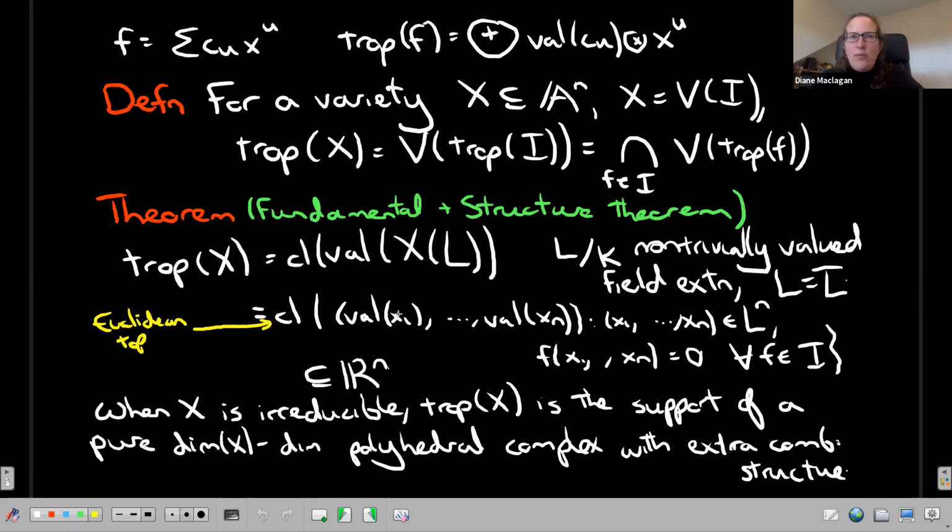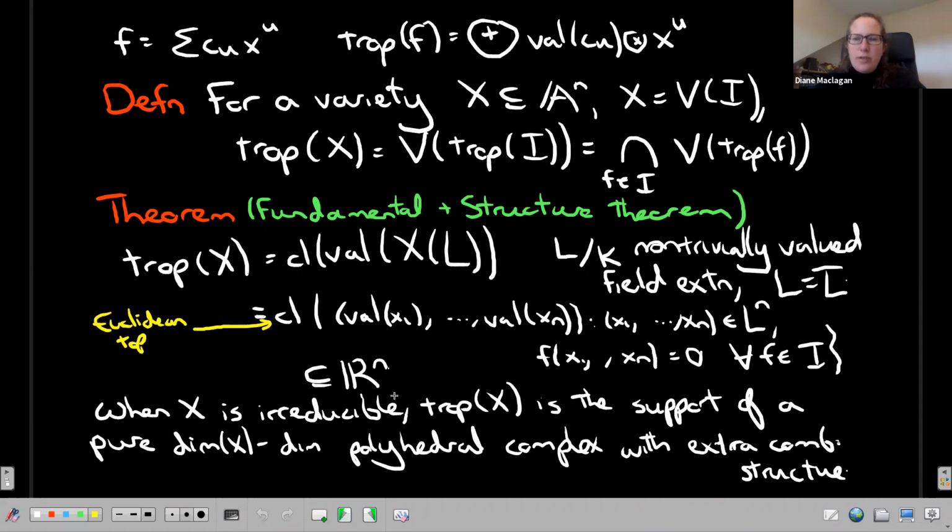And now your variety's solutions are points in K^n, or maybe L^n now. I apply the valuation, and now I've got a point in R^n. If I do this for every point in the variety, I get a collection of points in R^n. I take the closure in the usual Euclidean topology. That's some subset. First of all, that's a shadow because it's just the image under the valuation. But the claim is that this shadow is the thing we got this way: the object we got by tropicalizing the equations and then taking the tropical hypersurfaces.